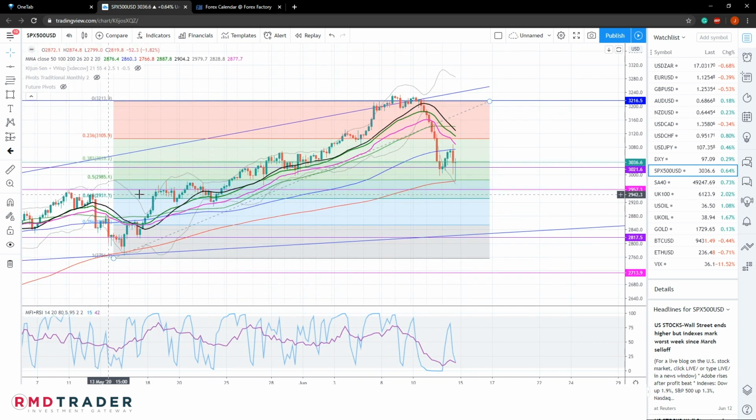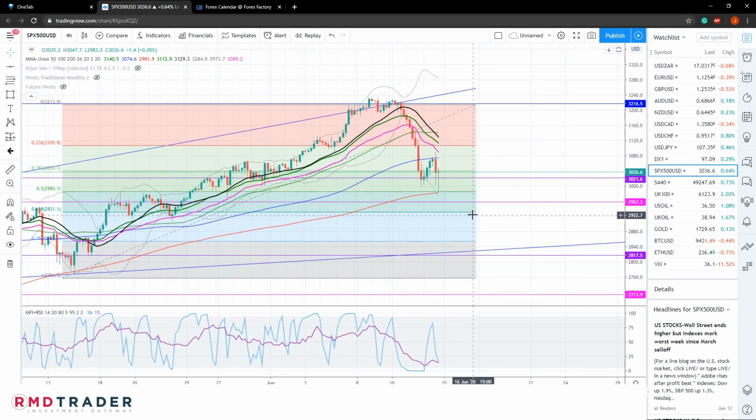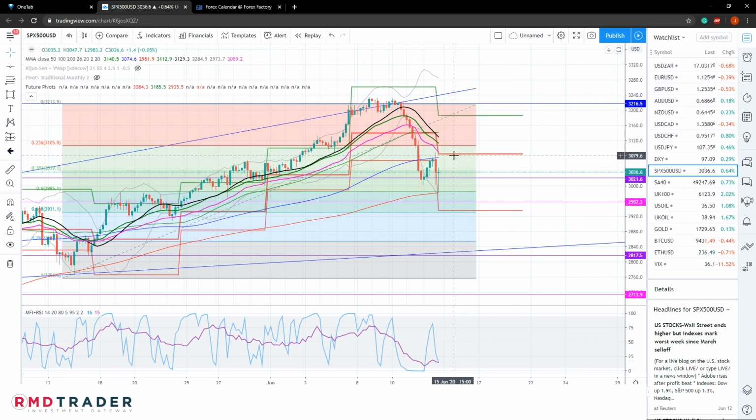And that is identified by this magenta line over here, because that will coincide with previous areas of overhead resistance, which now currently is an area of support. So should price move a bit lower, we will see this area acting as support. We are also looking at overhead resistance at our weekly pivot level, as well as a weekly S1 pivot level. And just enabling those, you'll see that there's our current weekly pivot level with the weekly R1 sitting at that